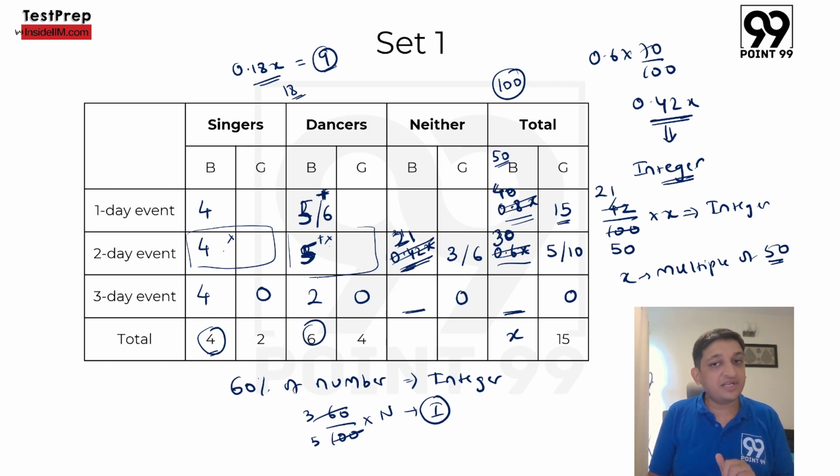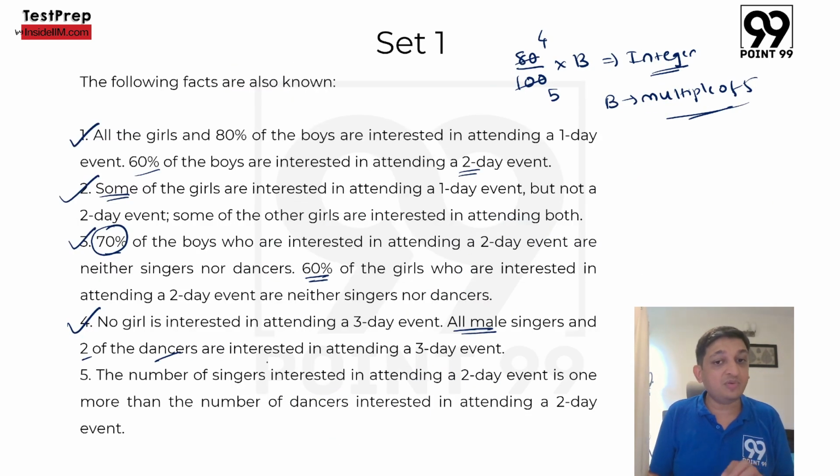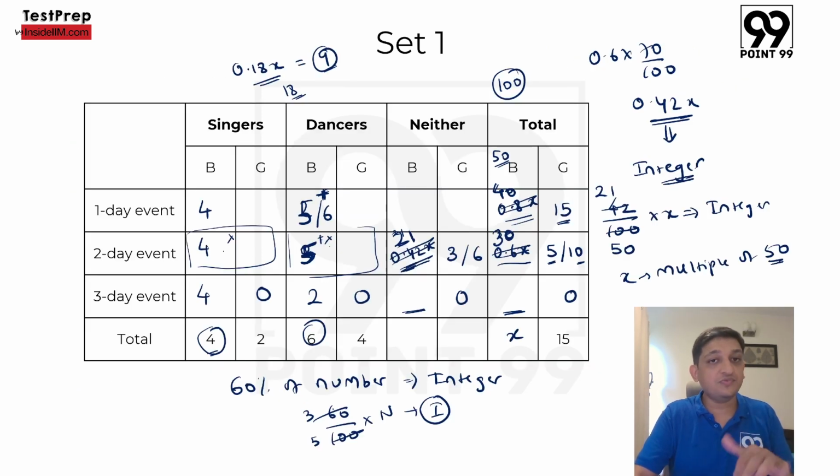तो गर्ल्स वाले कॉन्टेक्स्ट में क्या हो रहा है यहाँ पे, we know that this is either 5 or 10, ये वाला पार्ट अपने को पता है। There is one small bit of information जो हमने मार्क की थी but हमने उसको बहुत ज्यादा यूज नहीं किया था, which was this fifth point: the number of singers interested in attending a 2 day event is one more than the number of dancers. तो जितने सिंगर्स हैं, that is one more than the number of dancers. यहाँ पे डांसर्स कितने हैं, 5 प्लस समथिंग, यहाँ पे सिंगर्स कितने हैं, 4 प्लस समथिंग,